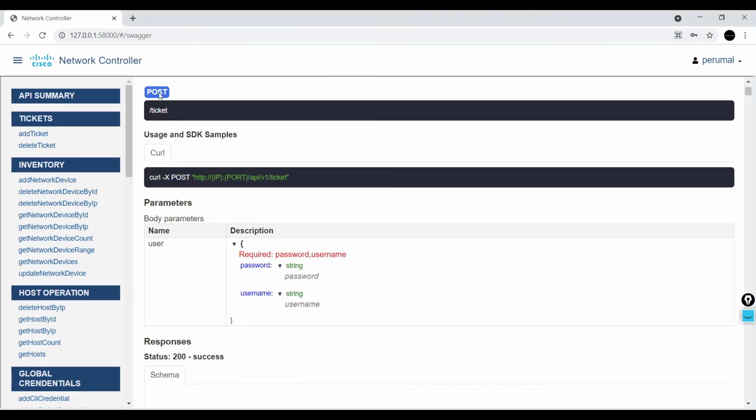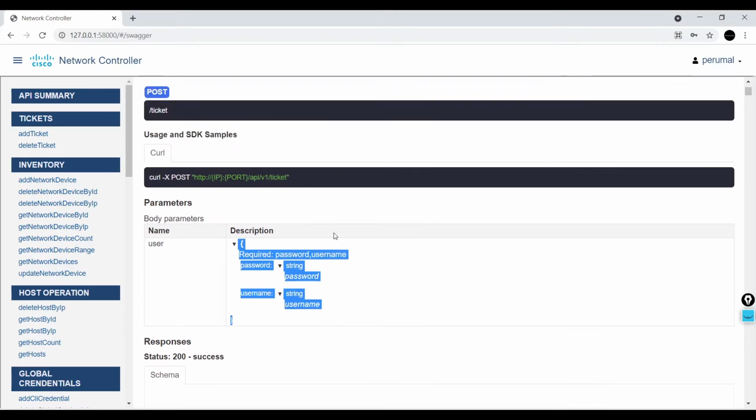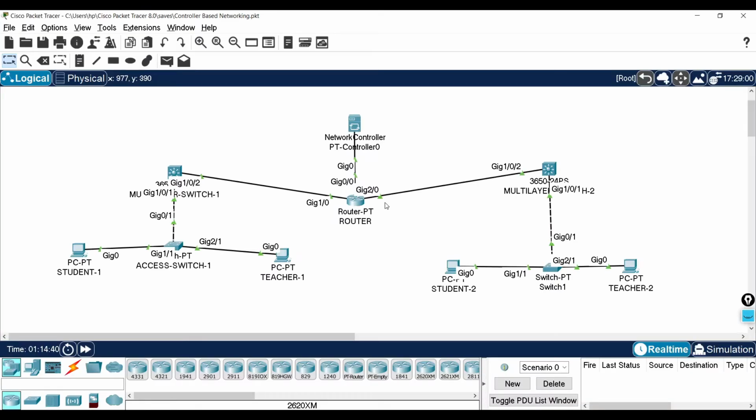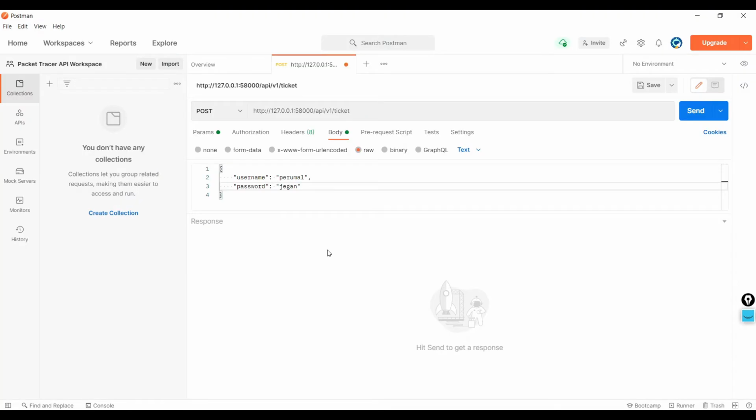In the body parameters, you have to add the username and password of the controller, not the network devices, because the southbound API only accesses the network devices. We are accessing from the external device to the network controller. So to access the northbound API, make sure you are giving the credentials of the controller. I am giving the username and password in JSON format.